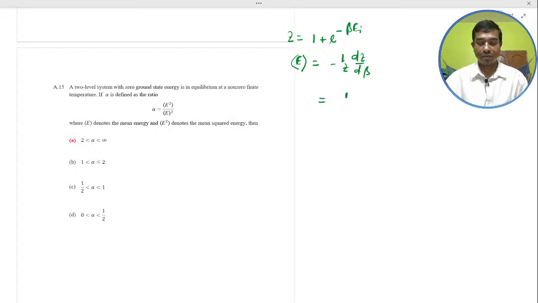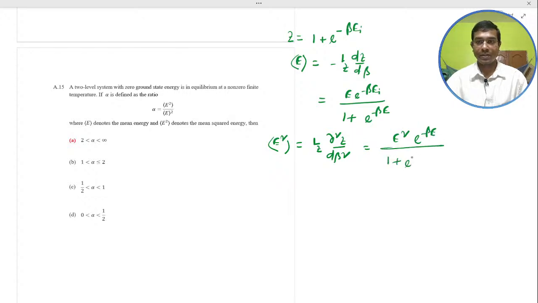Put this value: epsilon e to the power minus beta epsilon divided by 1 plus e to the power minus beta epsilon. So the expectation of E square would become 1 by Z d square Z by d beta square. Just do the derivative,